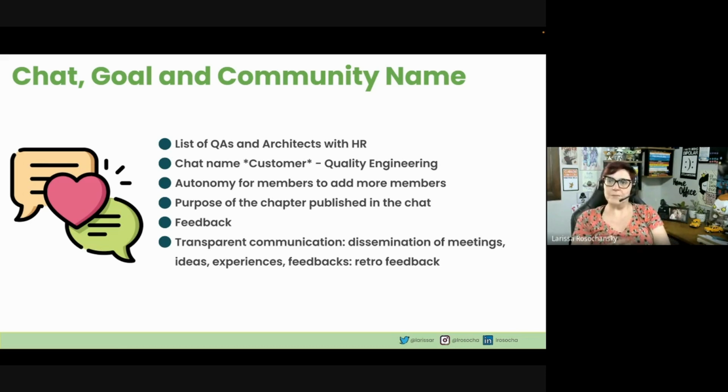And the feedback: we asked for feedback after any meeting we had. It was good. NPS for this, and we also asked people to suggest topics. What topic would be interesting? We had a Trello with all the topics there, so we would work on these topics. What can we do, what can't we do, etc. And we had very transparent communications.